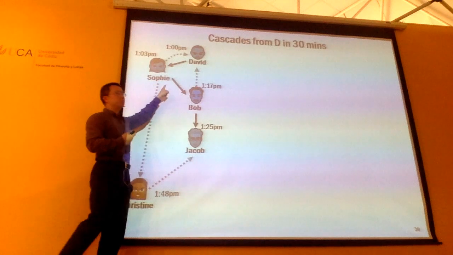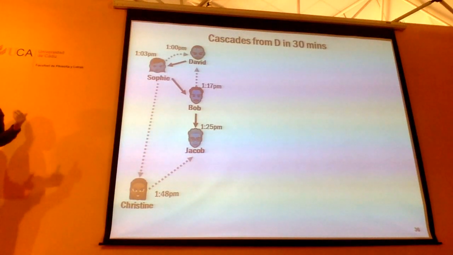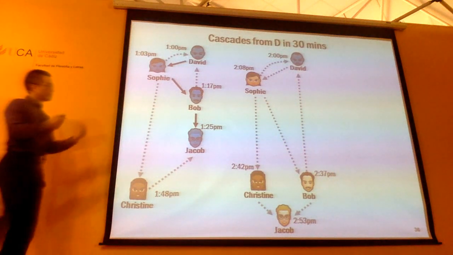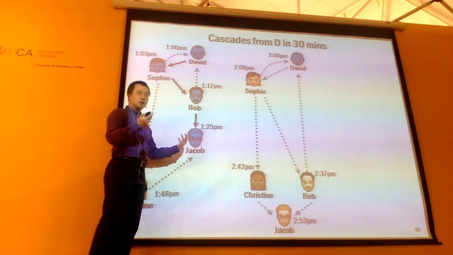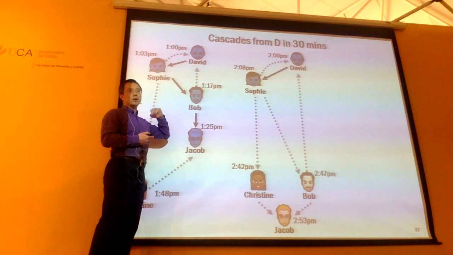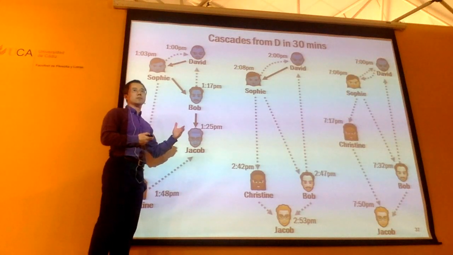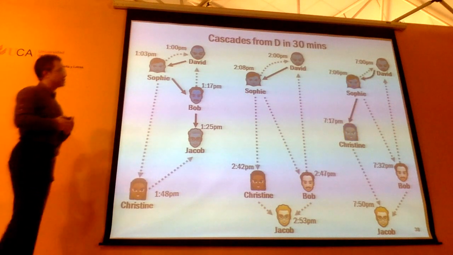So it's a sequence of time points. It's going to be called a cascade. The next time you can sample again, start this infection again and sample again, and you get a different sequence of time points. If you look at the 30-minute time window, maybe only 1 node is going to be infected. So you can sample again, right, according to this point process. You will get another cascade.